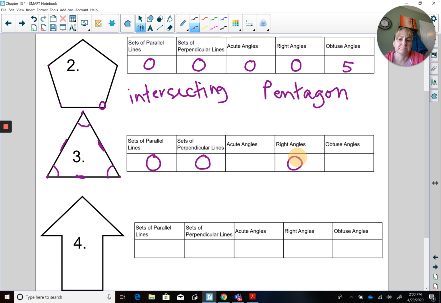So, do we have any acute angles or obtuse angles? Well, if we look at these, they're pretty small. All 3 of them are small, aren't they? And we know they're not right. And if they're not right, are they larger than a right? And they're not. So